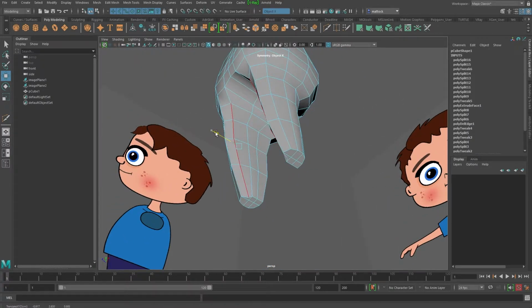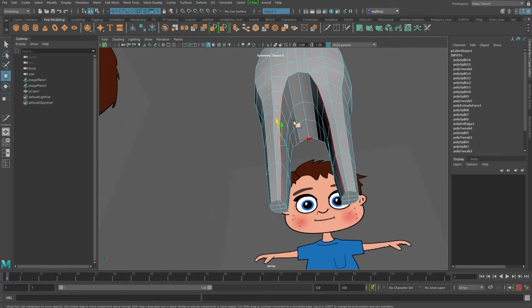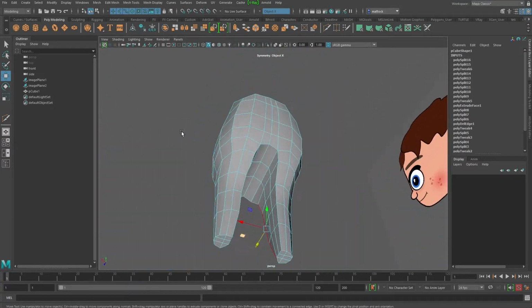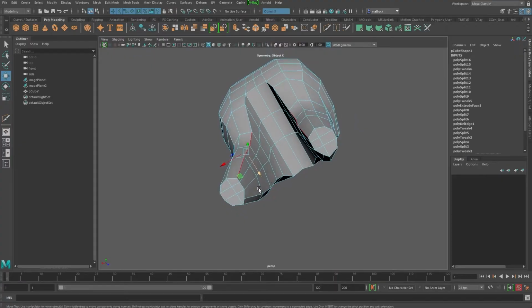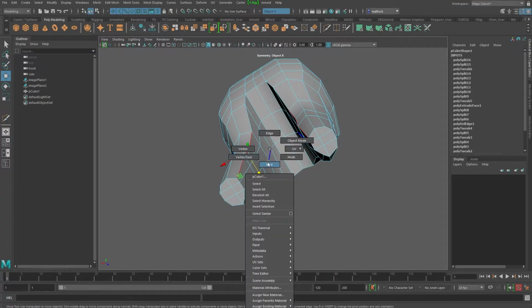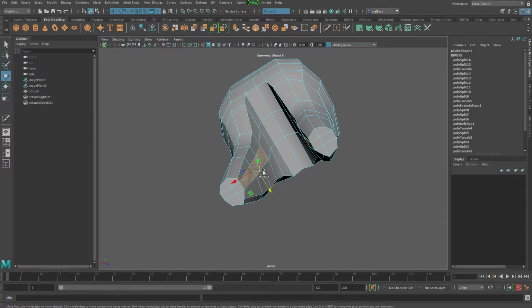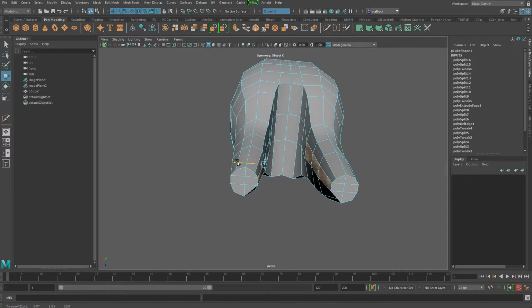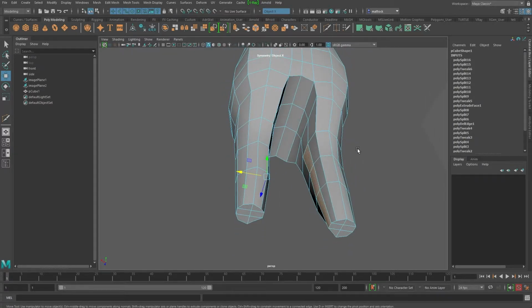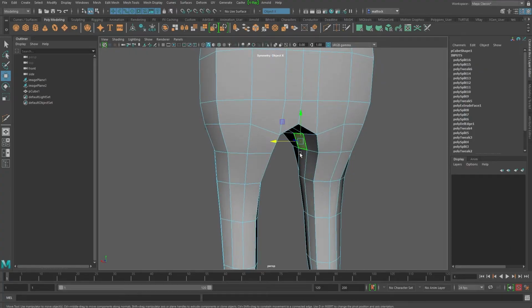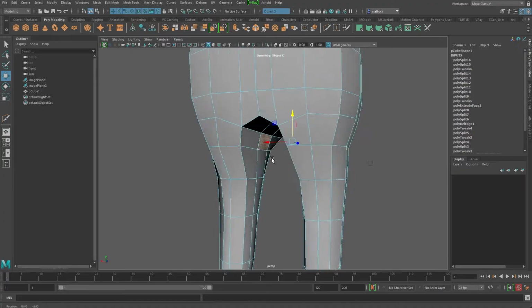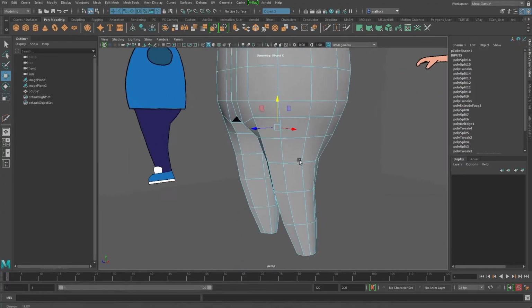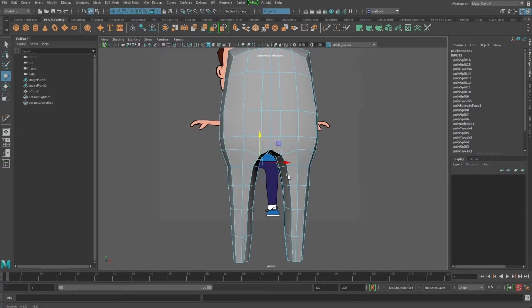I'm going to move this over. I'm going to move this back, and we're going to start adding some curvature in. Double click again, move in, and now I'm going to go to face. I'm going to select these two, and I'm going to move them in. See what I'm doing? I'm slowly adding some curvature to this. And it really is just a case of trying it, practice.